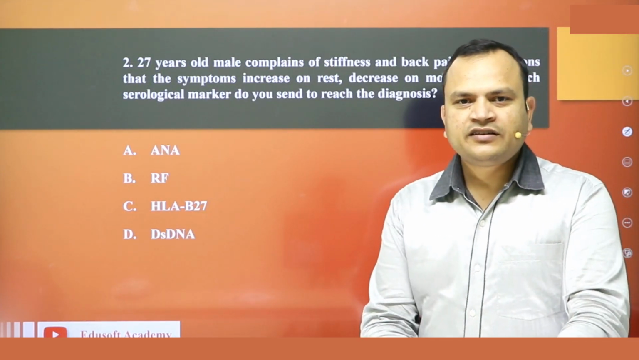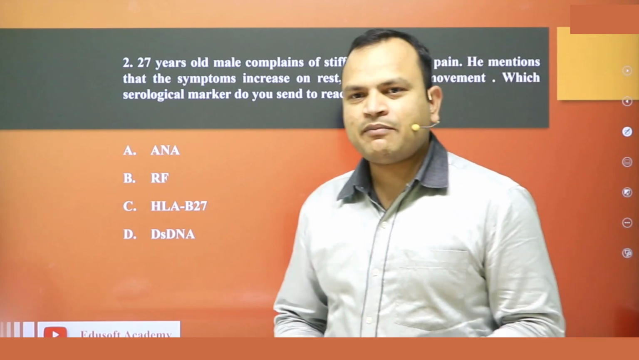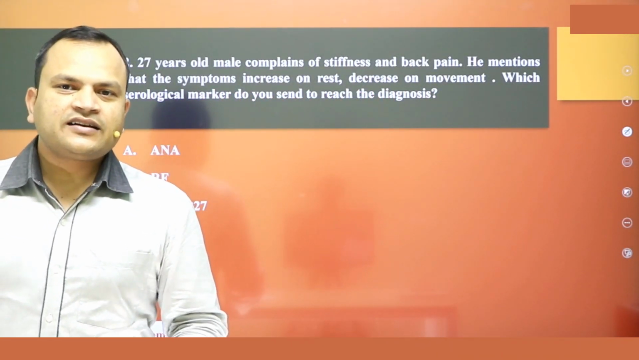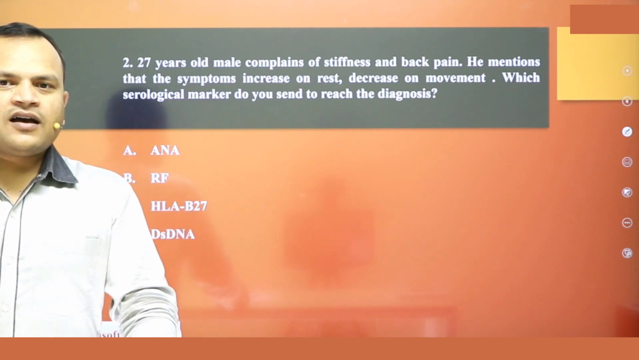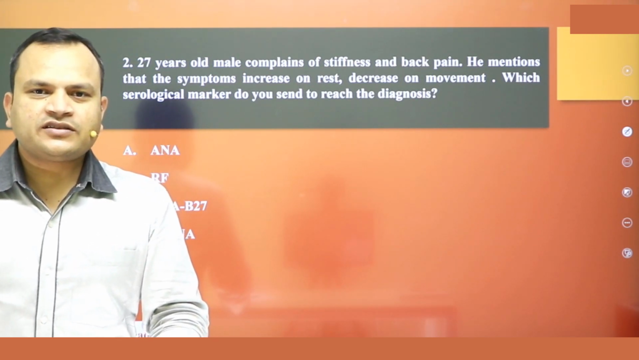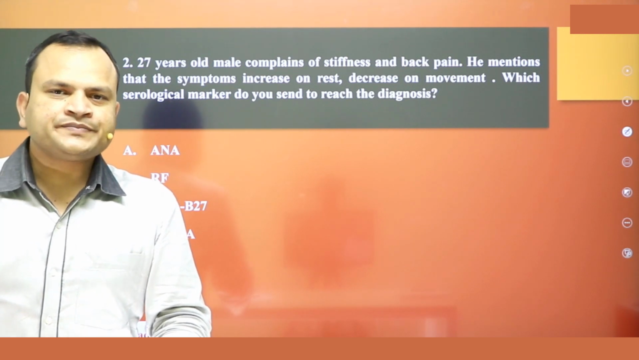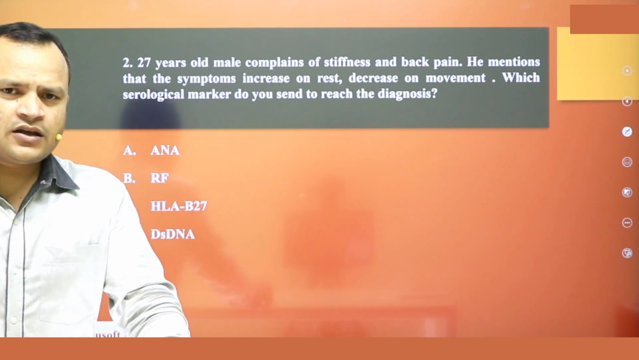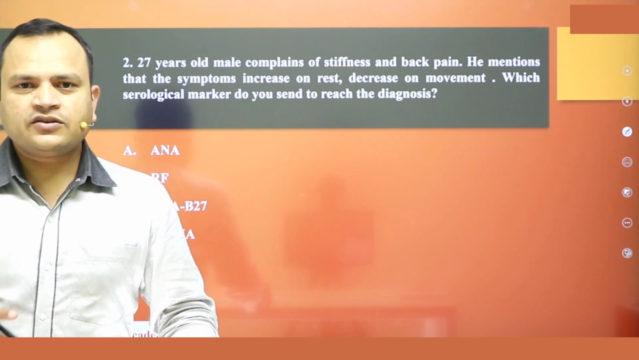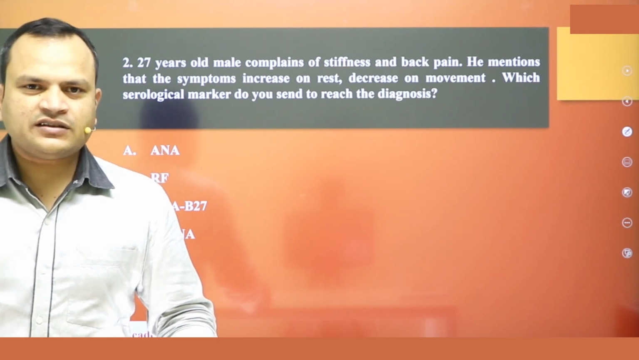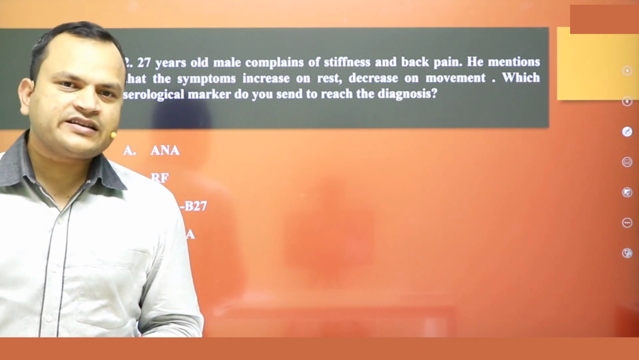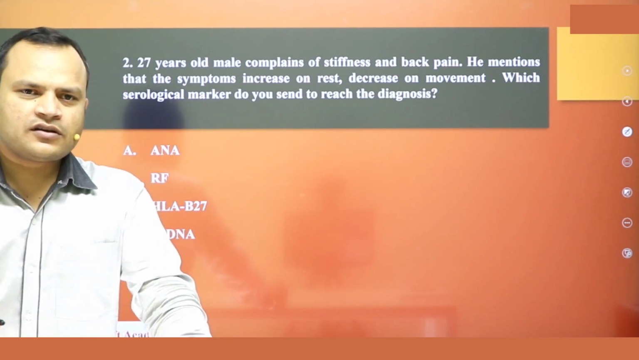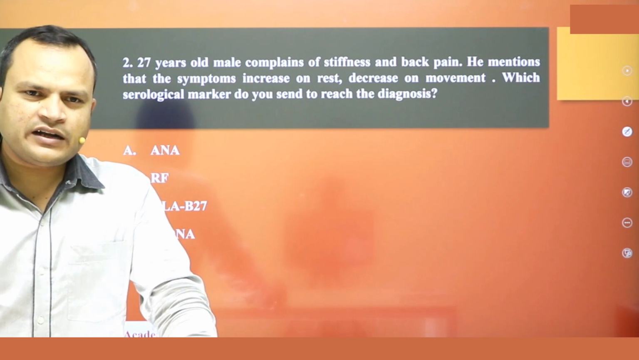A 27 years old male complains of stiffness and back pain. He mentions that the symptoms increase on rest and decrease on movement. Which serological marker do you send to reach the diagnosis? It's a young patient, 20 to 30 years of age. All these symptoms increase on rest and decrease on movement. So, the likely diagnosis is ankylosing spondylitis